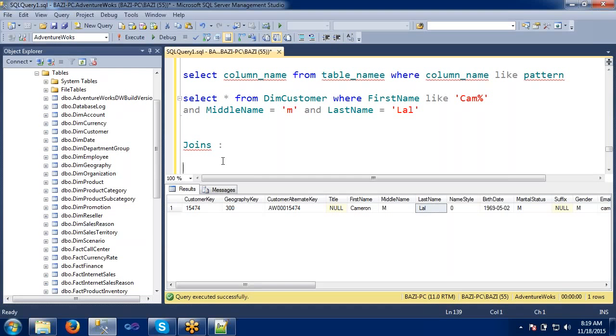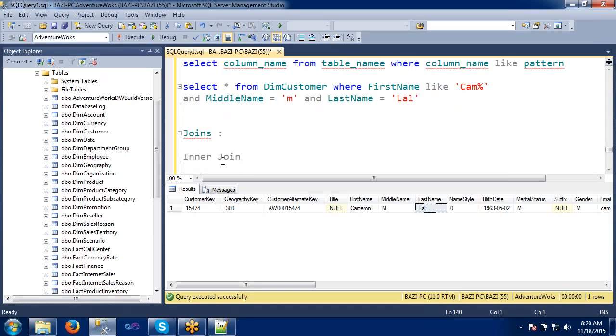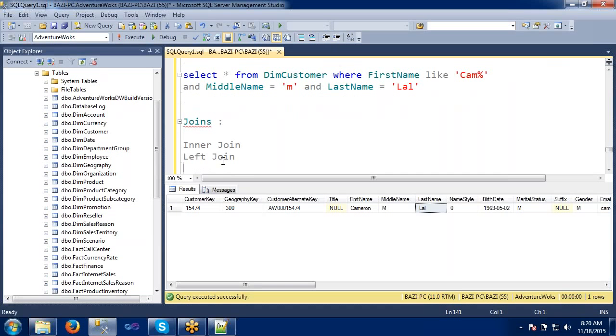Generally we have four types of joins, five types generally, but the fifth one is not used that much. The first one is inner join. Next one is left join.